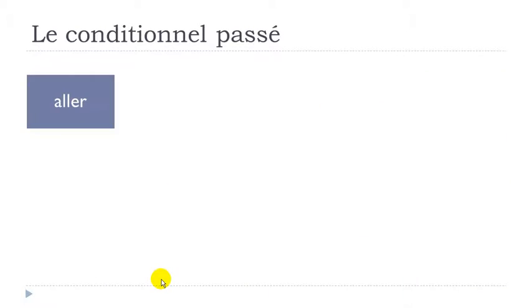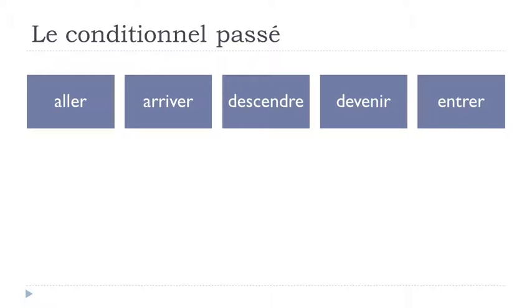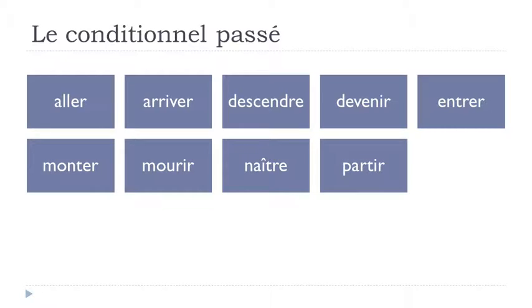All right, so we'll see. The verbs that will require être will be the following: aller, to go; arriver, to arrive; descendre, to go down; devenir, to become; entrer, to enter, to come in, to go in; monter, to go up; mourir, to die; naître, to be born; partir, to leave; rester, to stay;